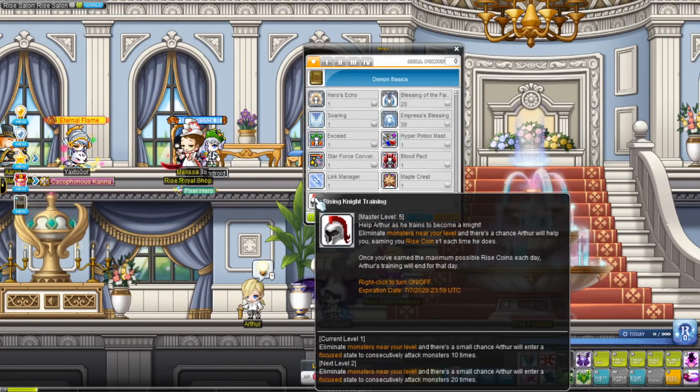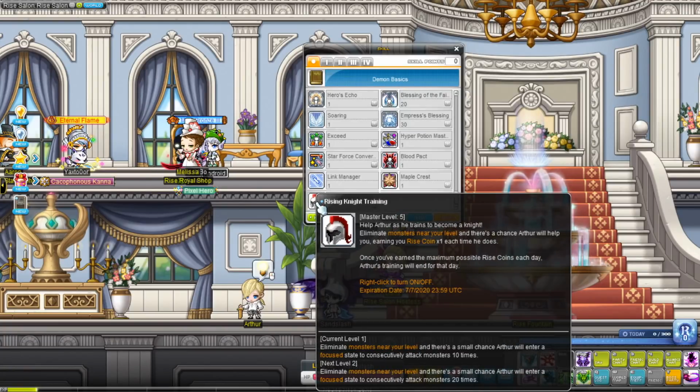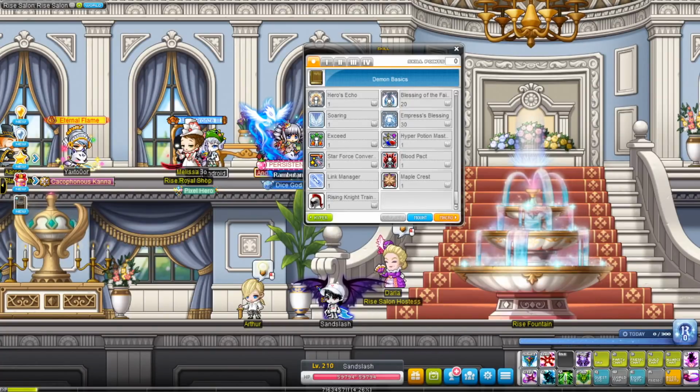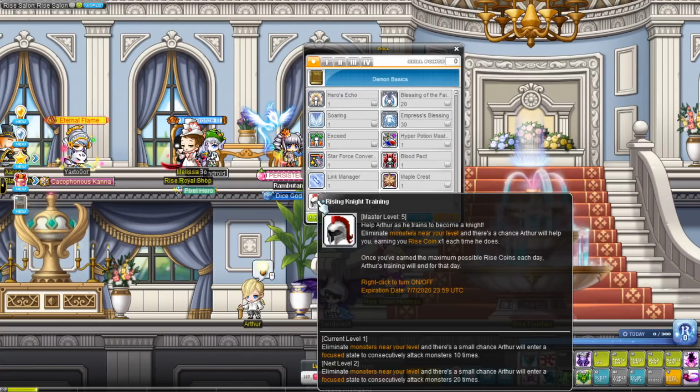Make sure that you see this icon on the top right of your screen when you're in a monster map. If you don't see the icon, you're not going to be gaining coins. And in order to fix that, you just have to right-click on the skill to start gaining coins from mobs. This particular event will last until July 8th. Yes, until July 8th, and then we're going to have a different way to cap coins, but pretty much the